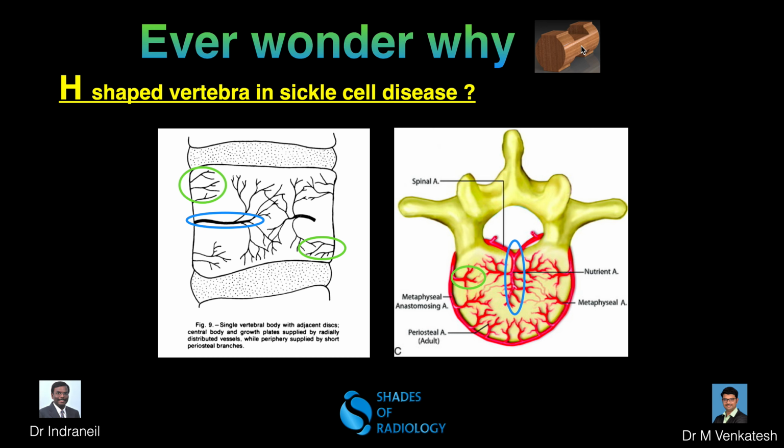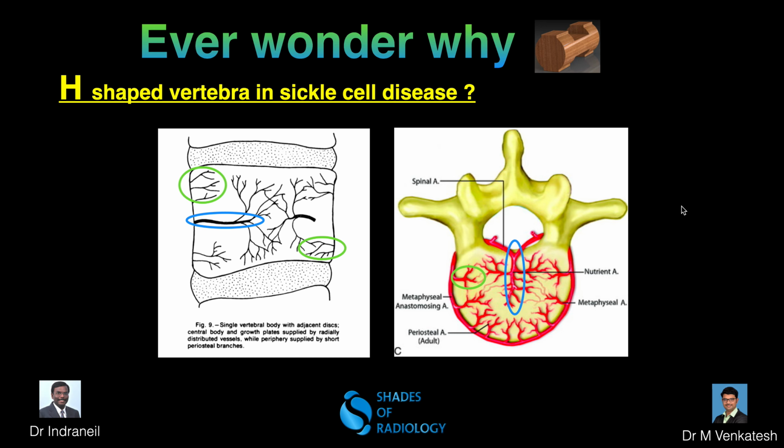That is the vertebral artery, the vertebral blood supply. That is mainly the arterial supply of the vertebral body. So what exactly happens? How does the blood supply to the vertebra happen? It's peculiar at different levels, that is the cervical, thoracic and lumbar levels. But in lumbar and thoracic levels, the pattern of supply is almost similar.